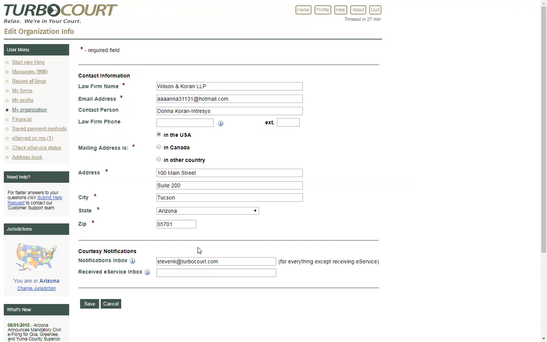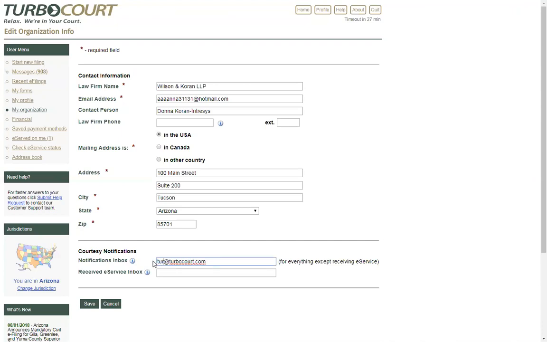So whereas the attorney is only getting notified about their own filings, I, as the company administrator, can establish really a global inbox to receive everybody's notifications so that you have an oversight role, okay? And so if you have, for example, somebody in that role of oversight, some sort of clerk that is keeping track of everything that's being filed with the firm or through the firm, this would allow it to go to whoever's inbox you want, or you can set up a generic inbox,